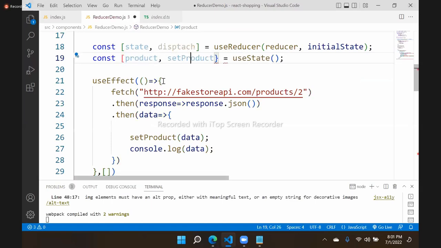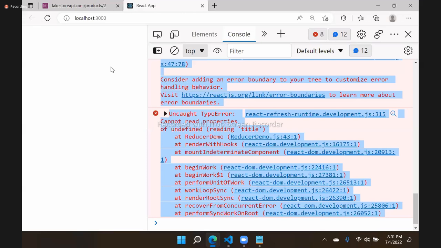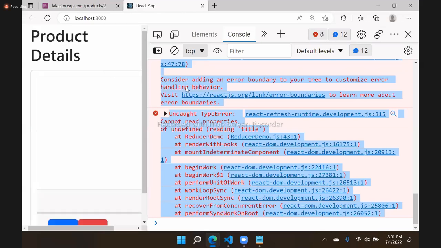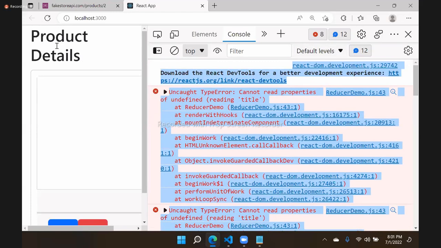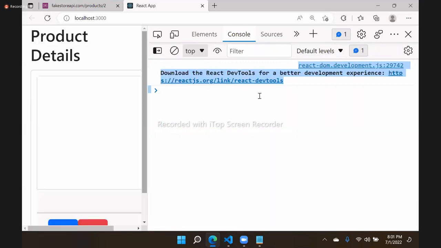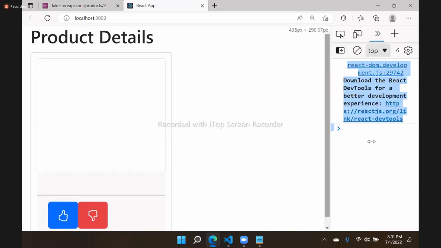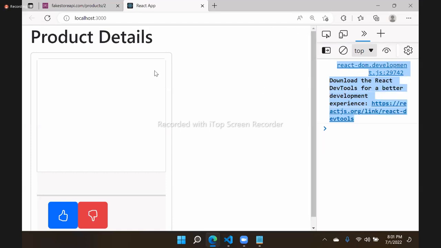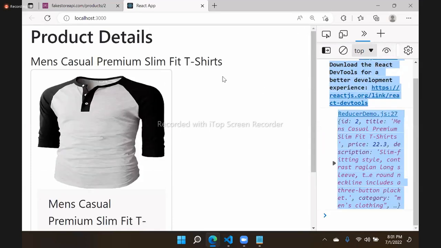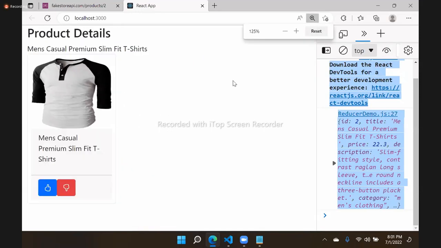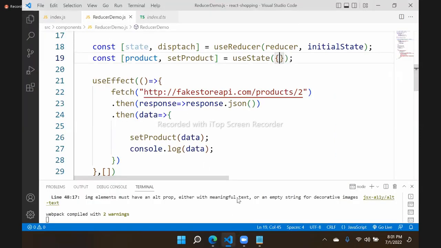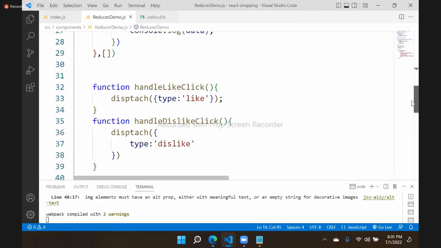So useState. Okay, it is taking some time. Okay, let it be. It is taking a little while for loading this API. Fine, fine. Now what we'll do here is we will